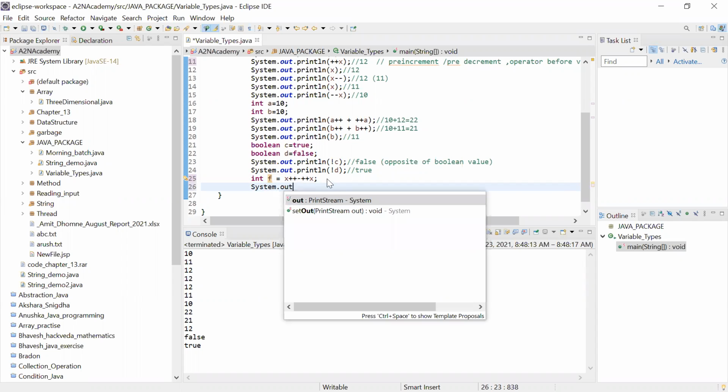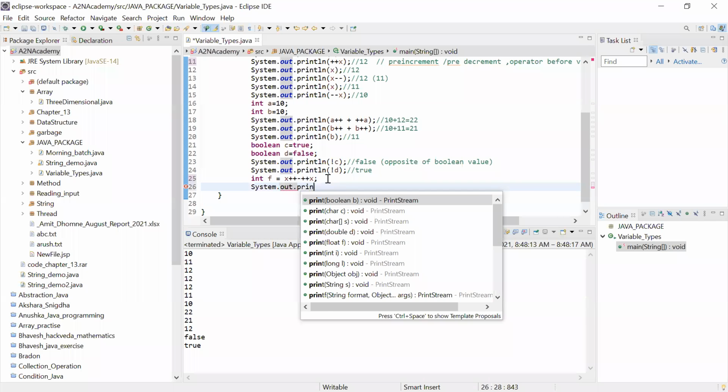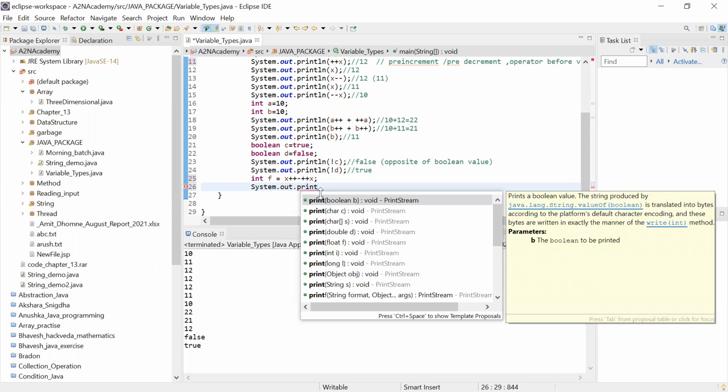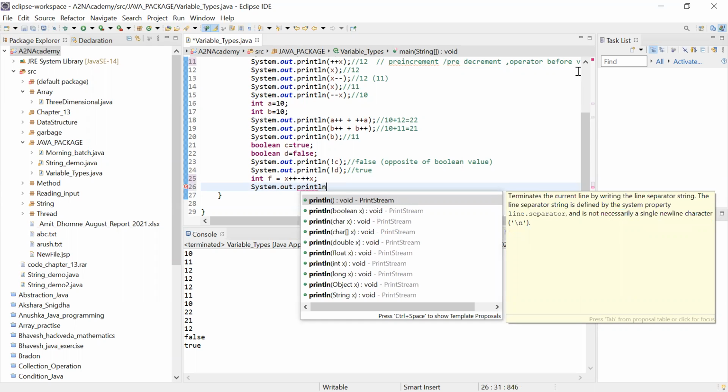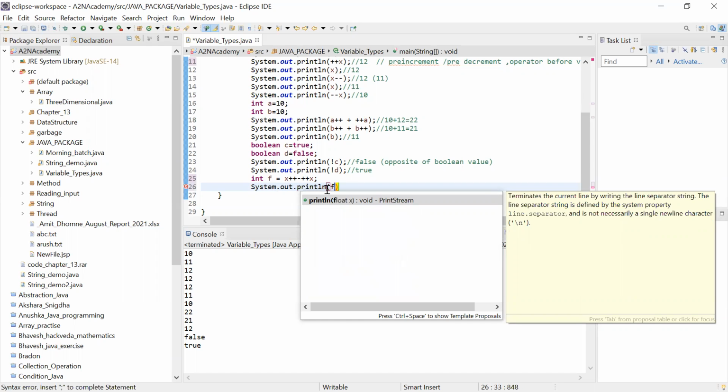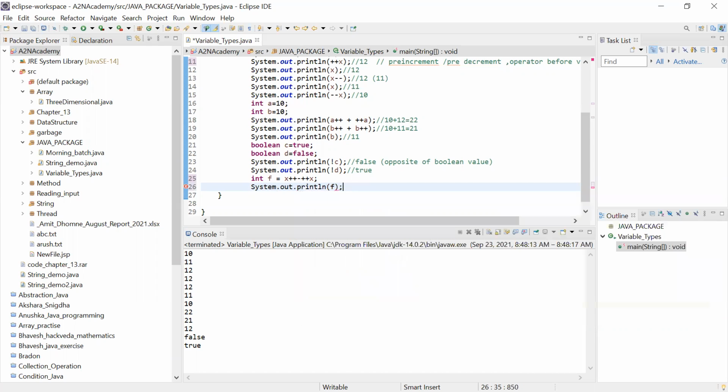Now can you try once again? What will be the value of f? The x value is currently based on the current x value. What will be the value of f here? I think the current value of x will be 10.